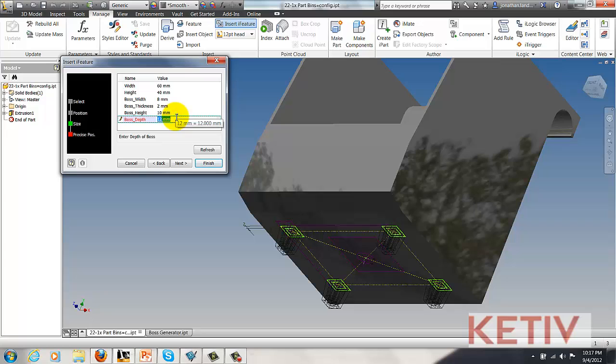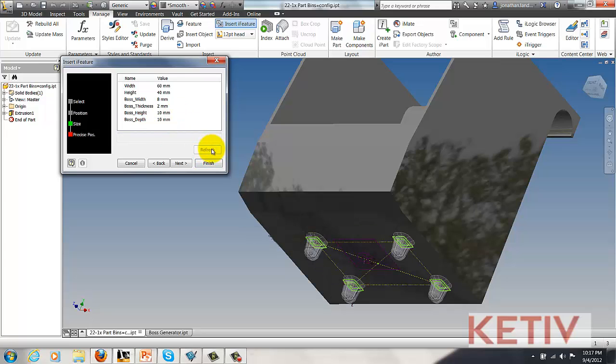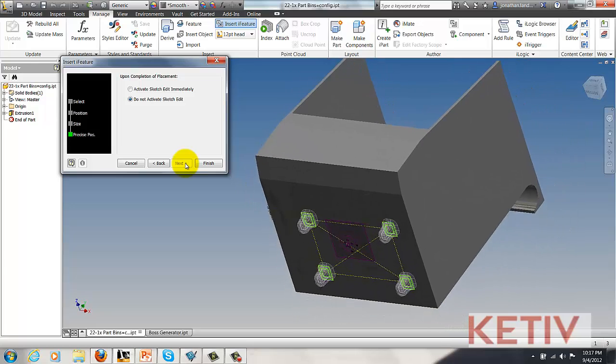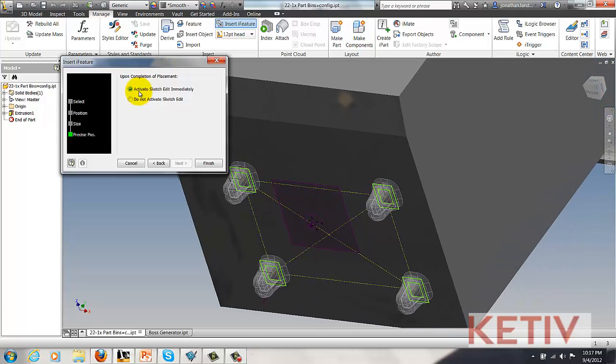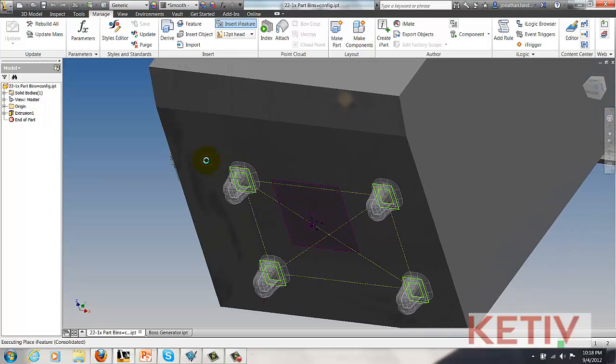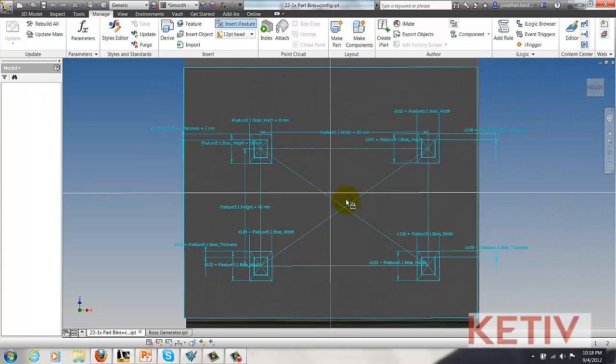If I want a preview of what those dimensions are going to do, I can hit the refresh button right here. Hitting Next one more time, I have the option to go ahead and complete this iFeature placement or activate the sketch as soon as I hit the Finish button. In order to position the iFeature, I'm going to activate the sketch, hit Finish, the iFeature will place, and Inventor